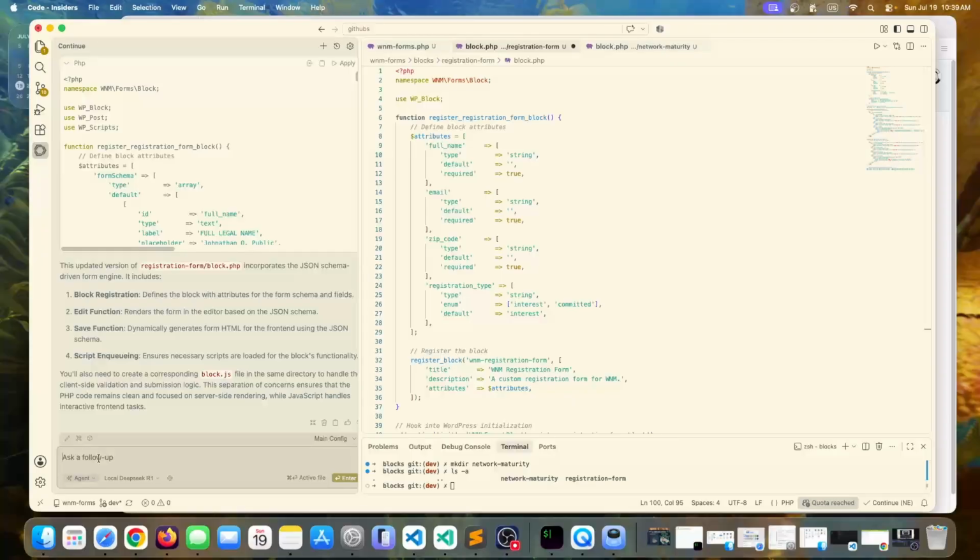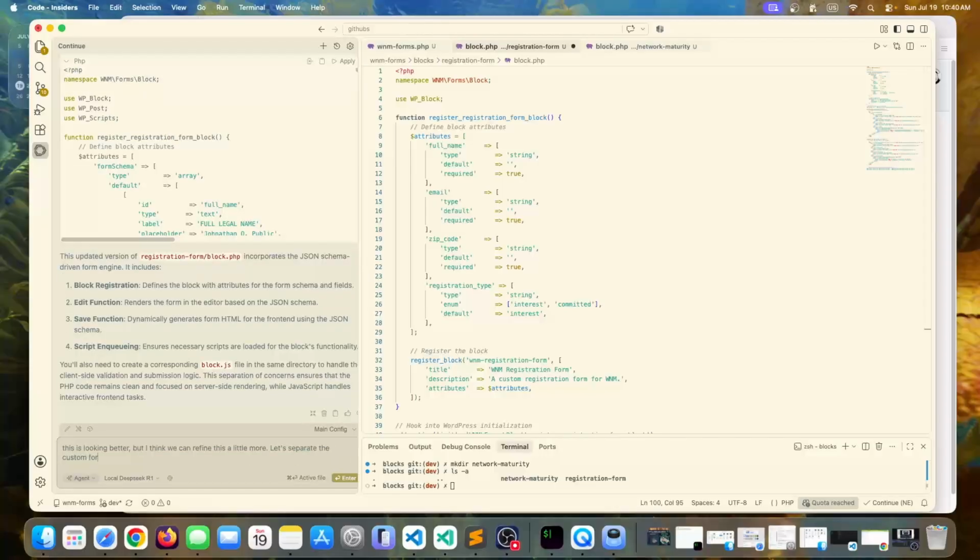Alright, this is getting a little better, but it's still not quite there. So let's add some helpful hints. This is looking better, but I think we can refine this a little more. Let's separate the custom form block implementation into 3 files: